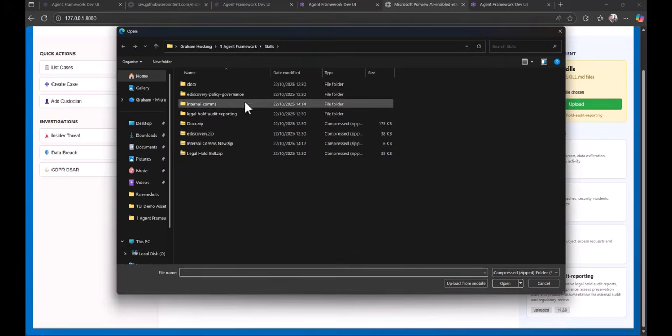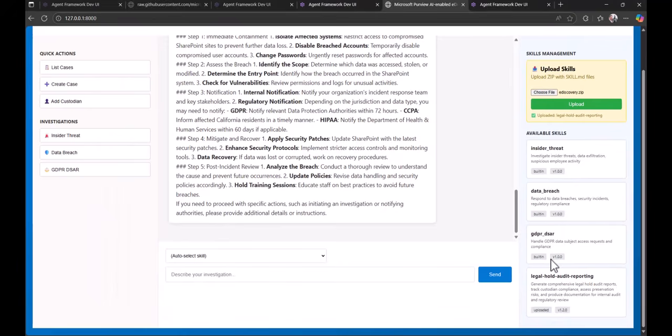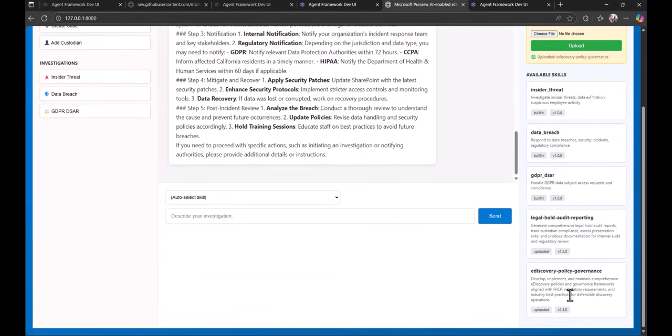So maybe you're running certain eDiscovery policies. So I've got an eDiscovery policy governance. Again, that targeted operating model about how we do specific investigations using data retrievals or eDiscovery. And then you can see I've also written in that description a bit of an example about how and when